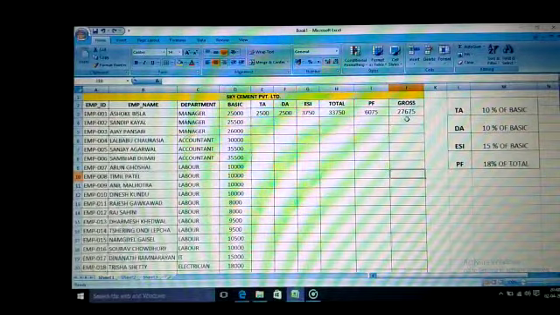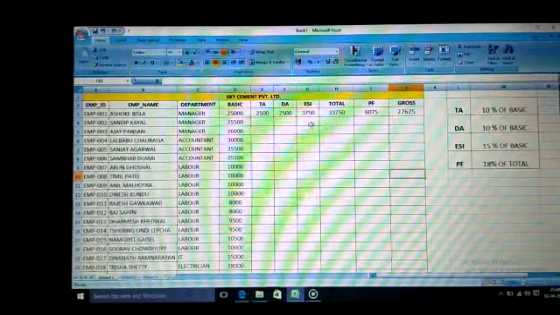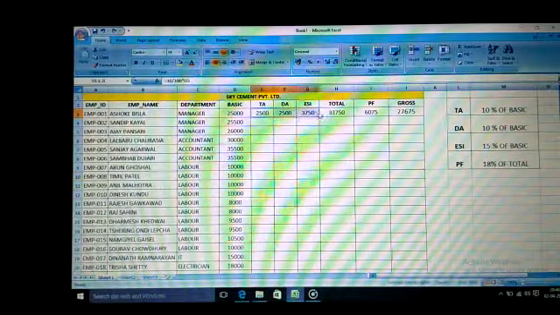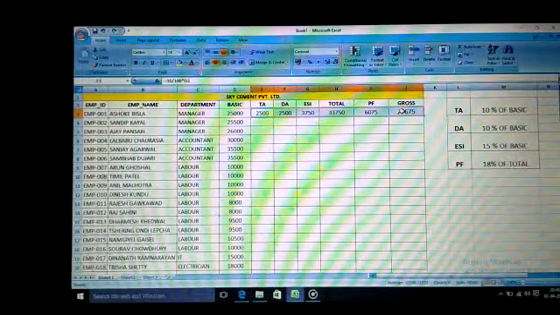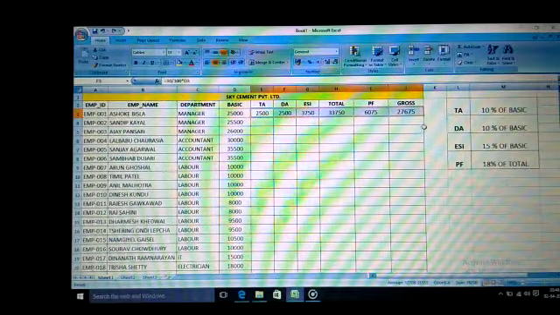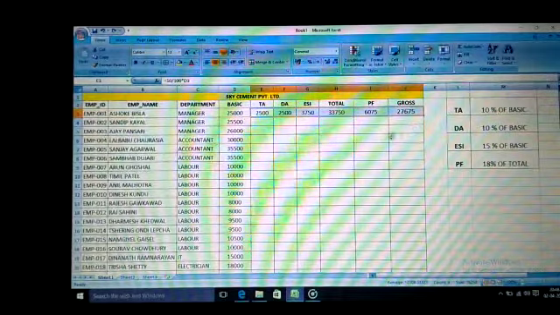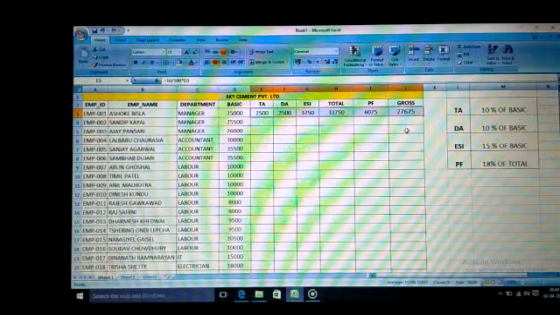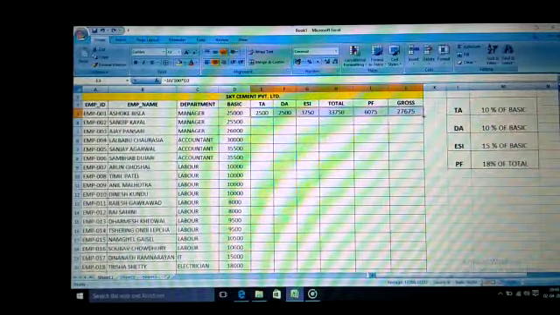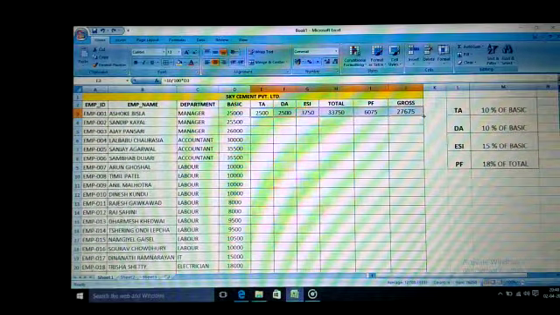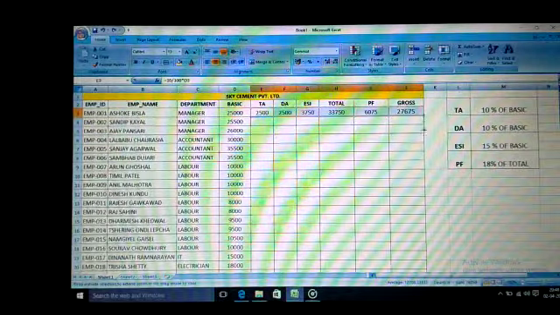is 27,675. After finding one employee's values, we should get all the values by dragging with the mouse. From TA to gross, we should select with the mouse pointer. Then we point to the corner of the cell. The default mouse pointer is a large plus sign. When we place the cursor on this point, the pointer changes into a black plus sign. Then we drag with the mouse. Keep it, just follow.